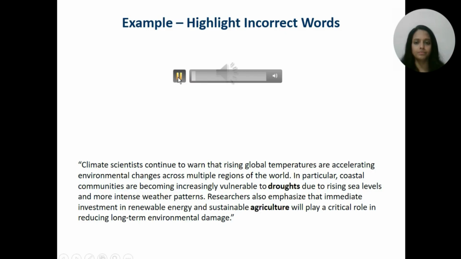Climate scientists continue to warn that rising global temperatures are accelerating environmental changes across multiple regions of the world. In particular, coastal communities are becoming increasingly vulnerable to flooding due to rising sea levels and more intense weather patterns. Researchers also emphasize that immediate investment in renewable energy and sustainable infrastructure will play a critical role in reducing long-term